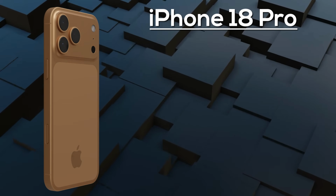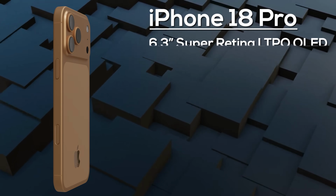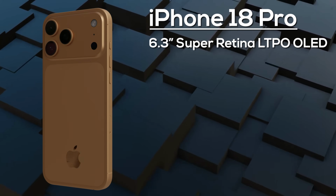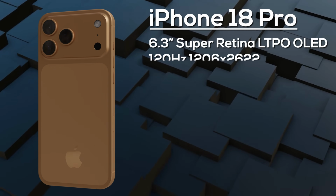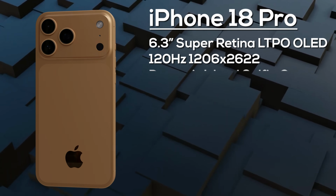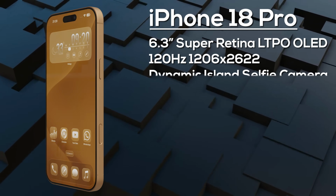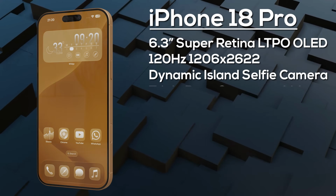Now next up, we've got the iPhone 18 Pro, and this raises the bar with a 6.3-inch LTPO Super Retina XDR OLED display running at 1 to 120Hz. It's going to remain at 2622 by 1206 resolution, but of course we get higher peak brightness, thinner bezels, and a smaller dynamic island. We get a new 42-megapixel selfie camera on the front, and then over on the back,